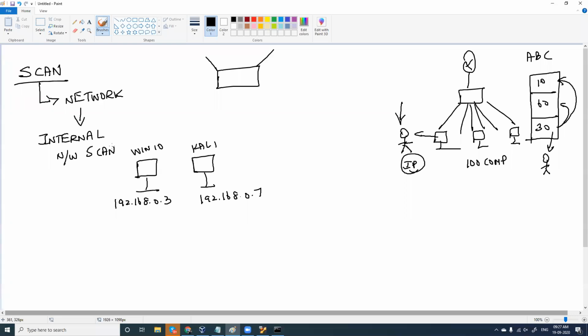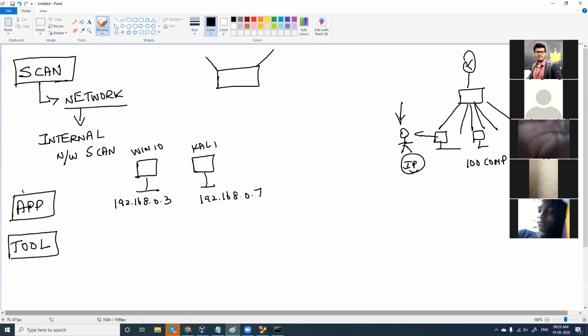Yes, a network scan. In general we have so many scans. We have vulnerability scanning, we have different types of scans, and in general what we are going to do here is a network scan, and we will go for internal network scan. You also have an external network scan which is not included in our syllabus because we are learning about networks. So probably you should be learning about your own network here. I'll suggest one app and we'll also see a tool which are going to perform this. So we have an app and we have a tool which can perform network scan.